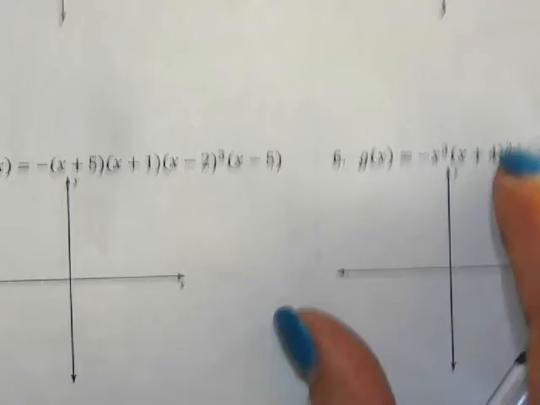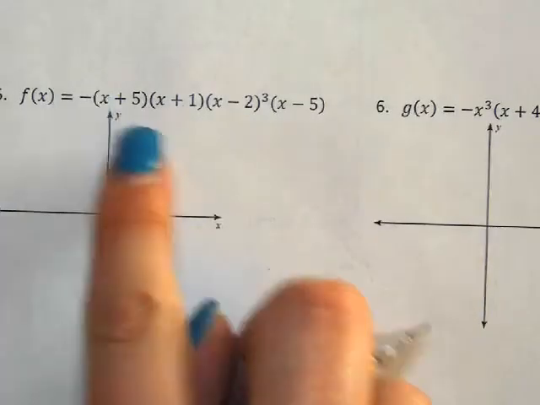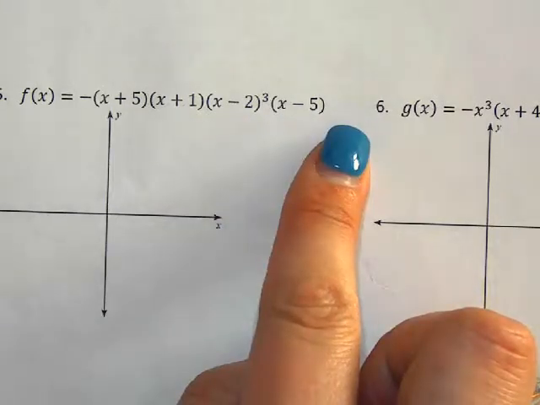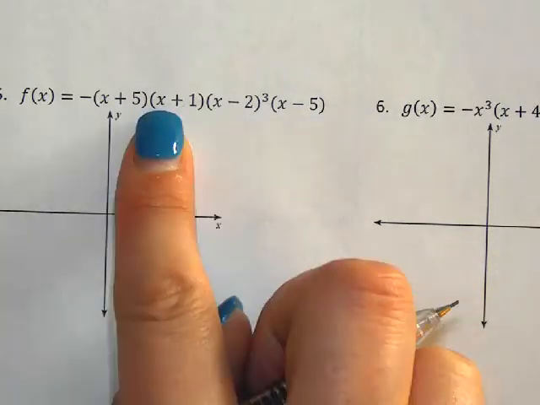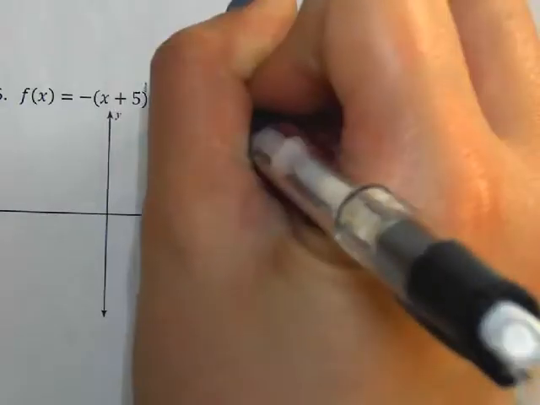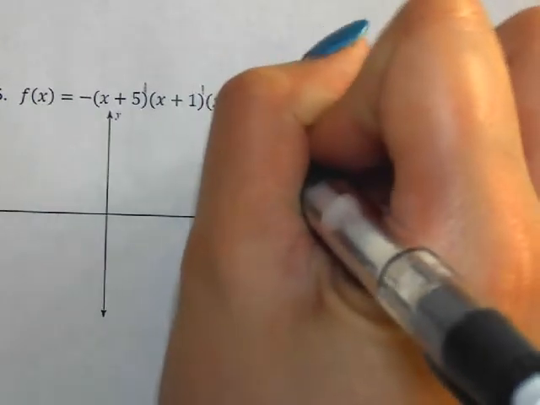All right, next one. Some of these parentheses don't have numbers, so what exponent should they have? They don't have an exponent written. That means it's a 1, 1, 1, 1. So the degree for this one is